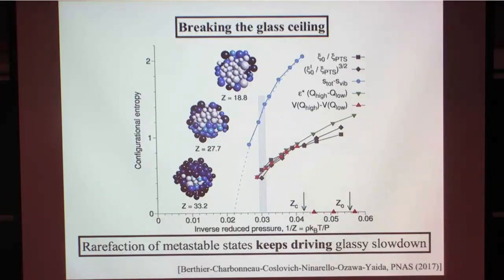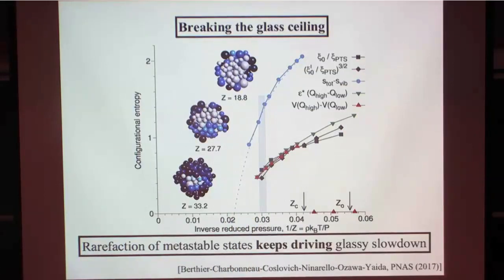So here's a plot. This y-axis is what's called configurational entropy, which is a measure of entropy, and the point-to-set length scale is basically the inverse of this. So the point-to-set length scale growing means that this quantity vanishes, right? So here's what was accessible before by experiment, and by this swap technique, we can catch up with the glass experiment, and now go a little bit beyond the glass ceiling.